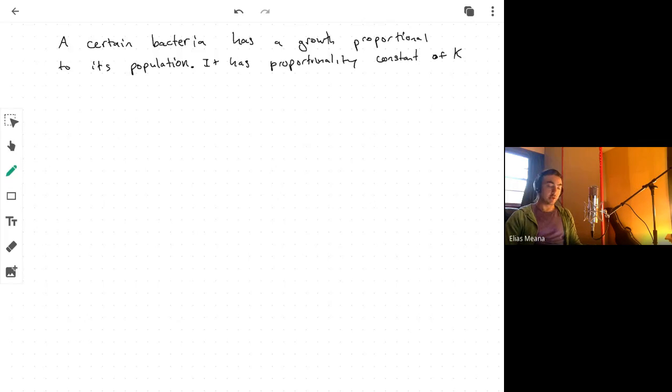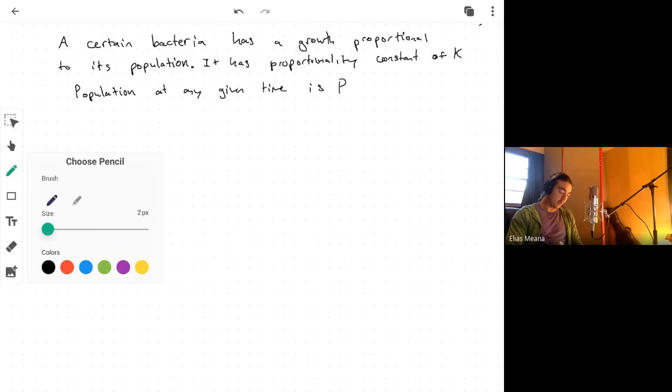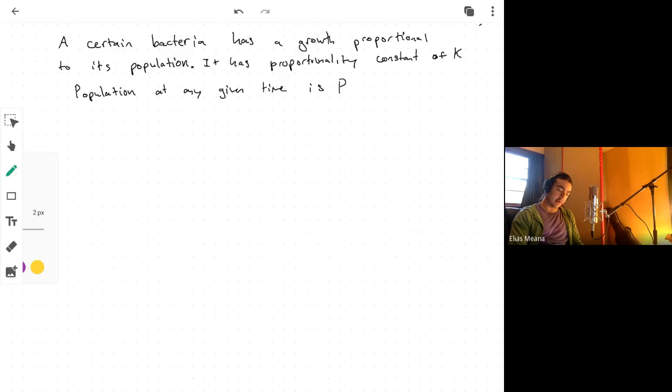Yes, that's right. So what we're going to say is the population at any given time is given by the letter P. It looks like just an I, but it's actually supposed to be a P. And so what this is going to tell us, if we think about this for a second, is the growth rate. The growth rate is given by